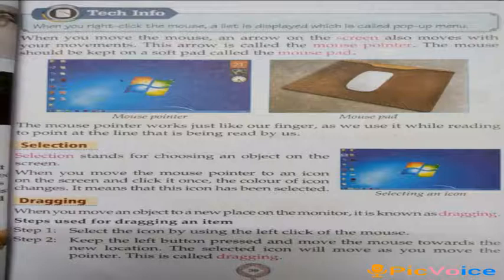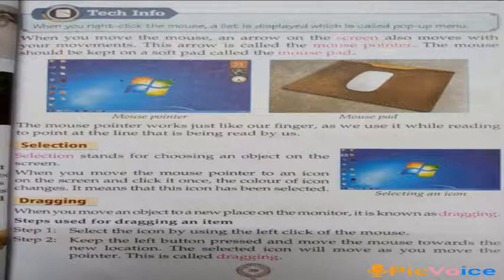Steps used for dragging an item. Step 1. Select the icon by using the left click of the mouse. Step 2. Keep the left button pressed and move the mouse towards the new location.